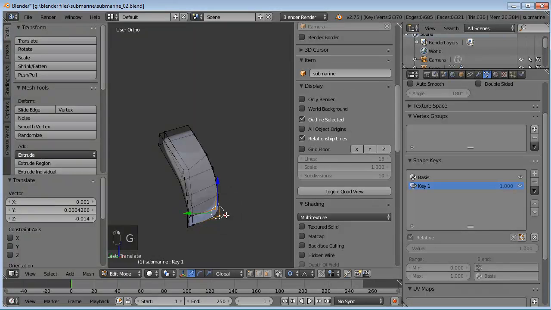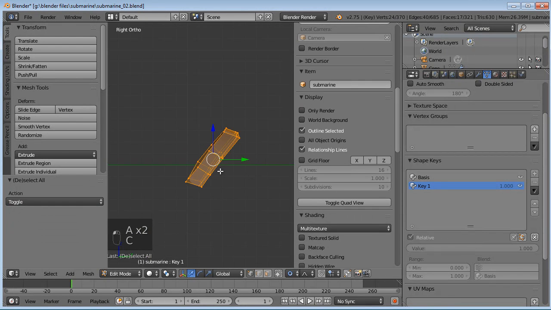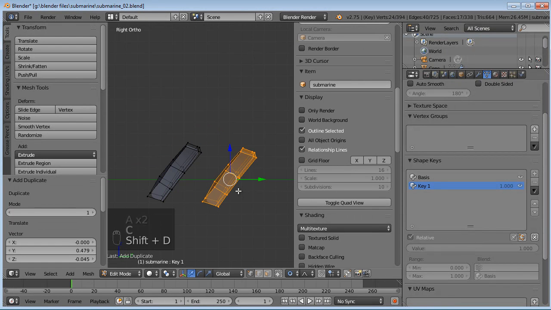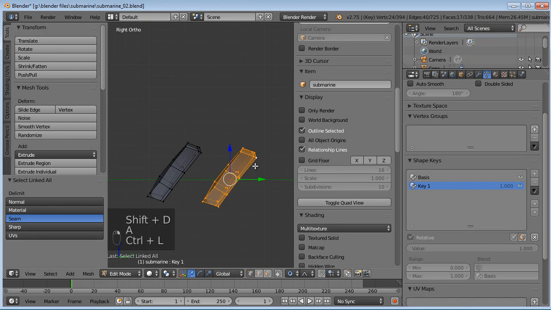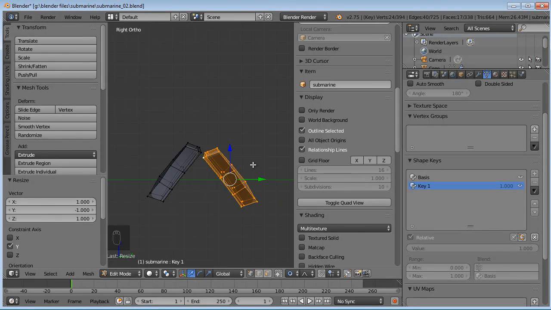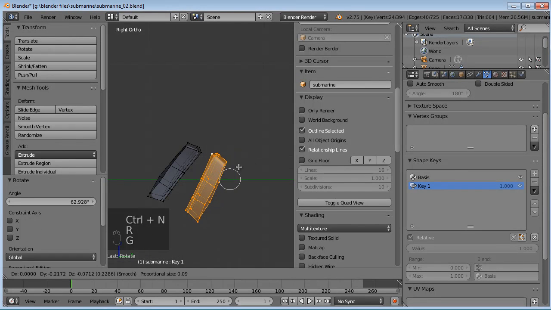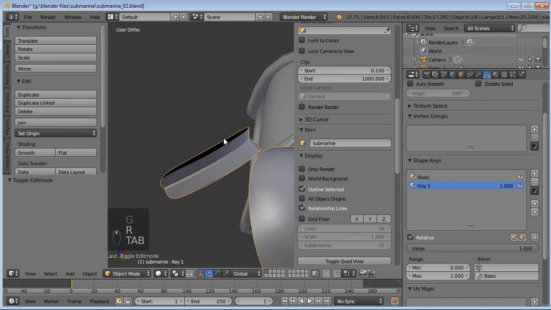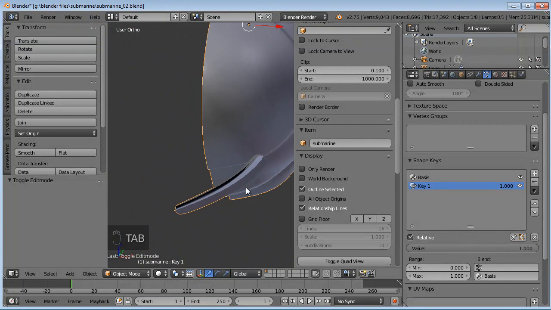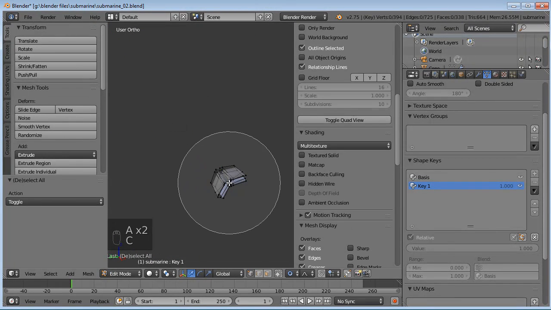Okay, so almost there. Okay, that'll probably be okay. So we'll go to our side view, and let's just duplicate this for the bottom, and we'll do the Y negative one, so scaling it 100% negative on the Y-axis, and then we'll have to Control N, flip the normals, and we'll just rotate this so it's going up to the bottom. This will be his bottom teeth, so it'll be about like that. And I guess that'll be fine. Let's go ahead and just move those back into the mouth.